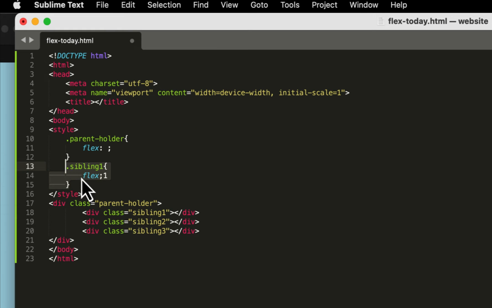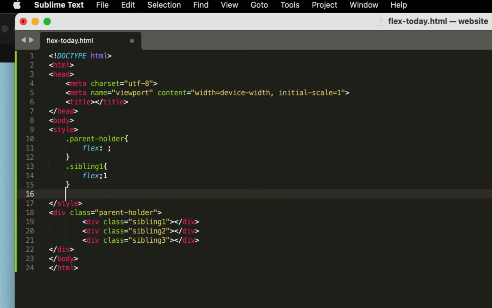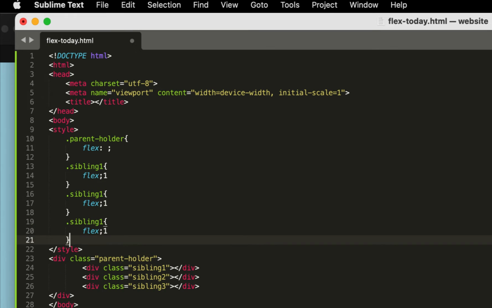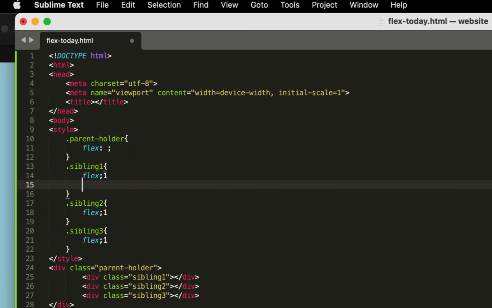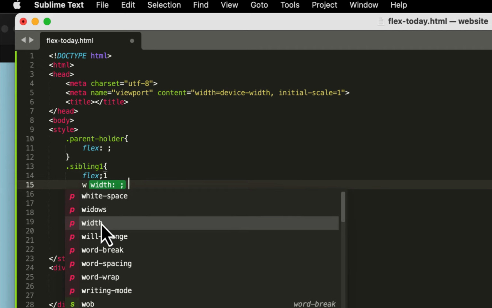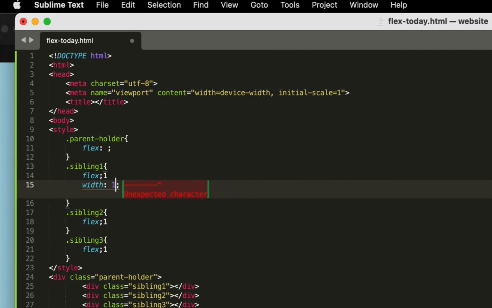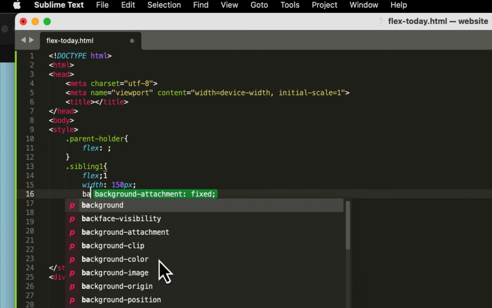I'm trying to make a box here to be able to follow this. So I'm going to have flex 2 and flex 3 here, and I give all 3 of them a width of about 150 pixels,